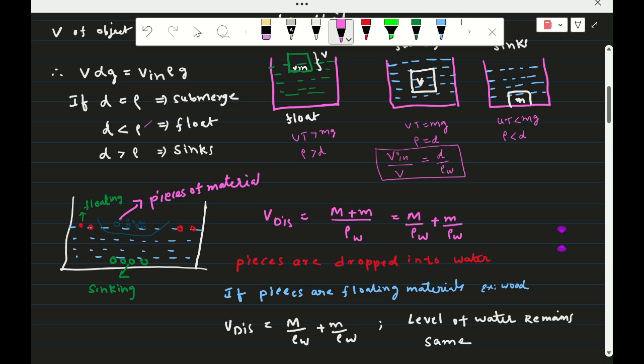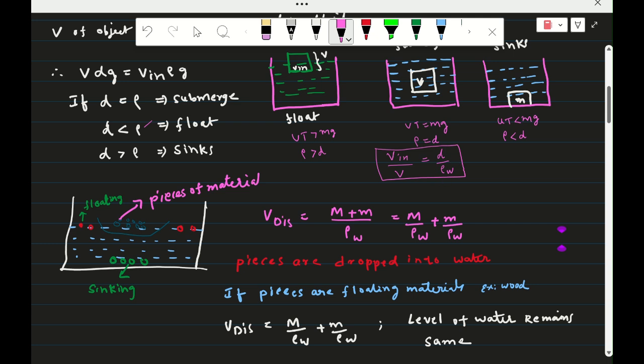Once again, the ratio of volume immersed to the total volume of the body is equal to density of the body by density of the liquid. Hope you understand? So this ratio of densities also tells you whether it will sink or